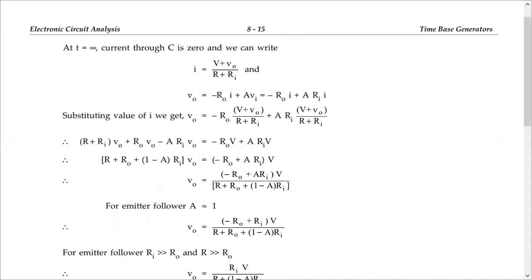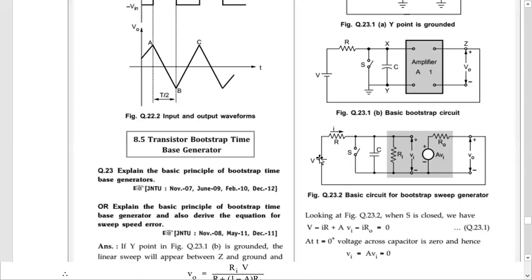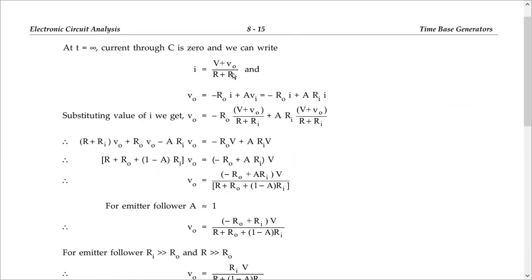If you observe, the net voltage across these two will be V, and the other terminal is connected to the negative of V naught. So the net voltage across R and Ri will be V minus of minus V naught, so V plus V naught. Net voltage across the series combination of R and Ri will be V plus V naught. So current will be net voltage by net resistance: V plus V naught by R plus R naught. This is the expression for current I.